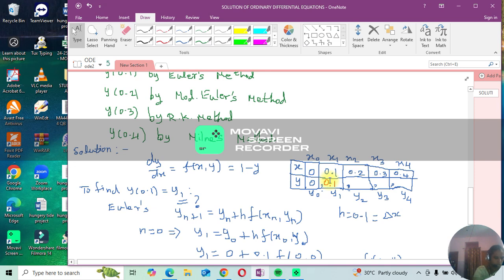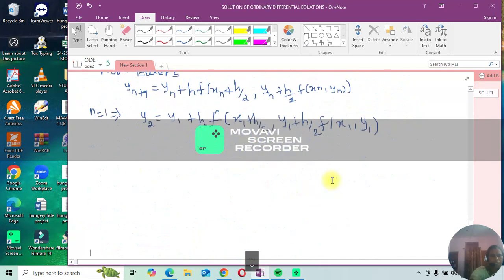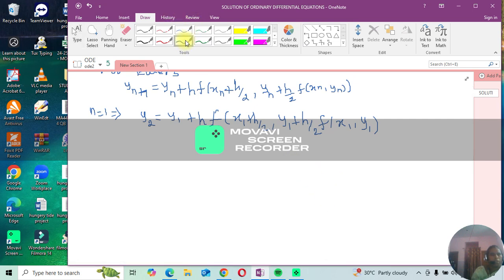So I am taking the calculator. Okay, so now it's ready. So x1 is 0.1 and y1 is again 0.1 and the h value is also 0.1. So substitute all these: y1 is 0.1 plus h, which is again 0.1,